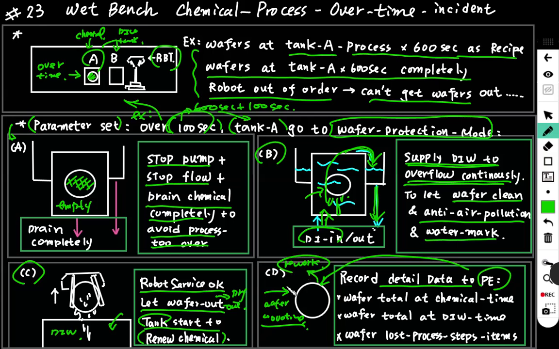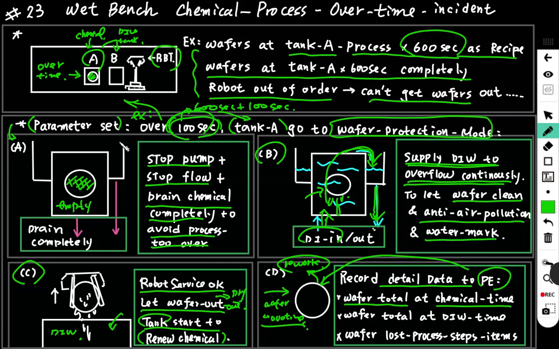The rework procedure, as we talked about before during the process class, and record the detailed data including the wafer's total time in chemical. We can see the data log of the equipment, and we can see that it processed at tank A at least 600 seconds and another 100 seconds delay,